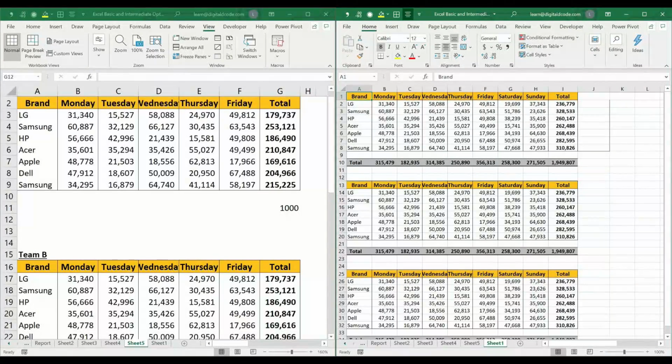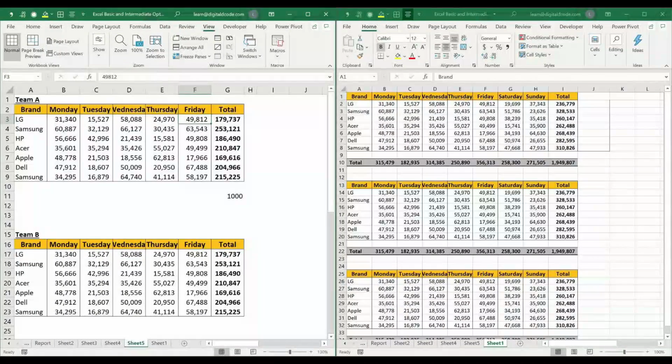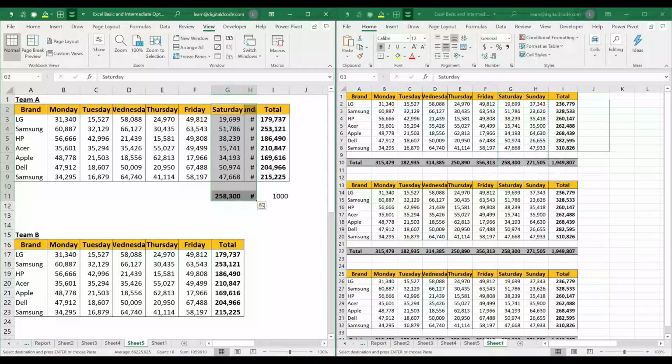In case you want to copy paste some reference from one cell to another cell, now here if you see, I have Monday to Friday. Here I have Saturday to Sunday. Now I want this to be pasted here. See, you can paste.